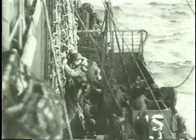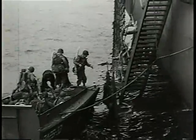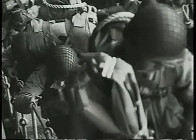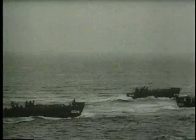At 0400 hours on June the 6th of 1944, an LCM that we towed behind the LCT pulled alongside, and on the count, because of the high surf, we would jump from the LCT over into the LCM that had 2 rubber boats filled with explosives. Upon completion of that, at about 0400 hours, we went into a circle called the rendezvous area, and there we formed a line abreast so to go into the Easy Red sector of the Omaha Beach on France, June the 6th, 1944. Approaching the beach,